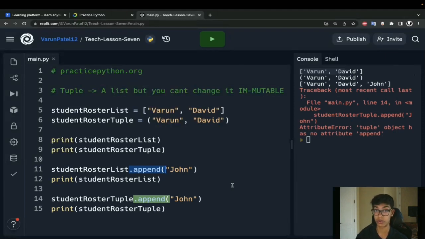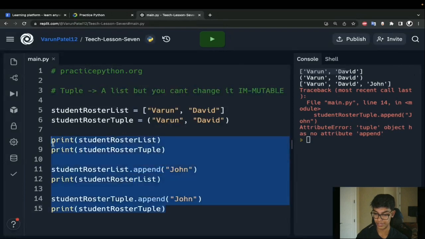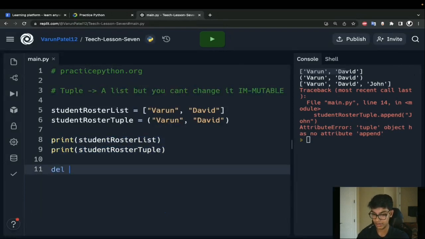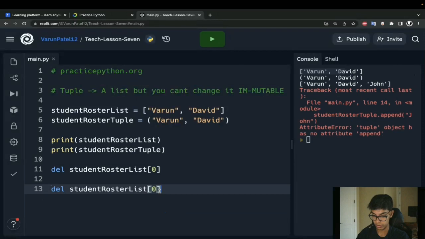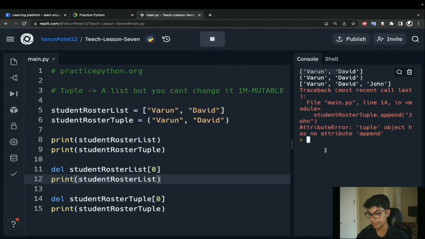What about if we try deleting things? So let me clear this. Let me just delete the first item in my list and in my tuple. I'm going to get rid of that Varun. And then we're going to delete student roster tuple with 0 in there. We're going to print out the tuple after we do the thing, and print out the list after we do the thing. If we run this,